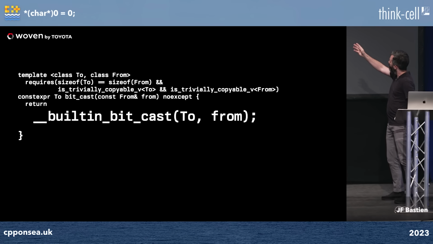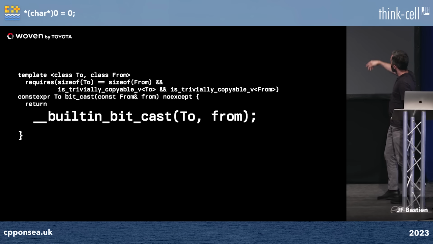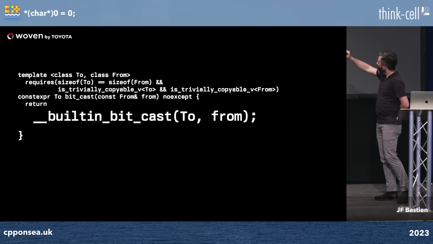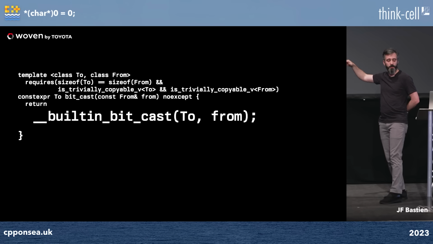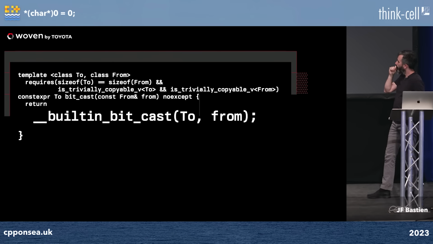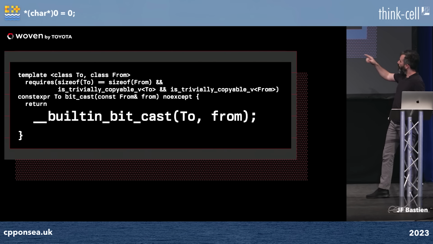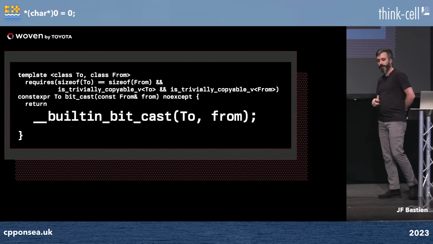As requires, and it has to be the same size, trivially copyable on both sides. constexpr bitcast to from, noexcept, and it returns the thing, right? Fairly straightforward, it's beautiful. Let's put a frame around it. Now, I said that when you call bitcast directly, you get the diagnostic that says you're going to do a